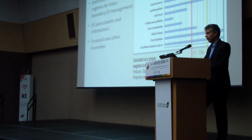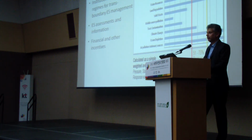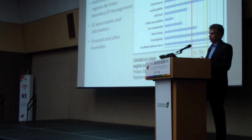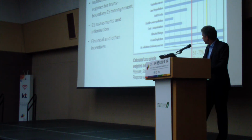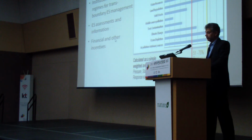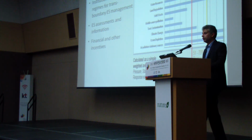So that's where the program is really looking to the experience of other countries and other regions, to be able to adopt frameworks where ecosystem values and information can actually be integrated into planning and decision making. Finally, one of the challenges has been that similarly we don't have the mechanisms for financial and other incentives to be